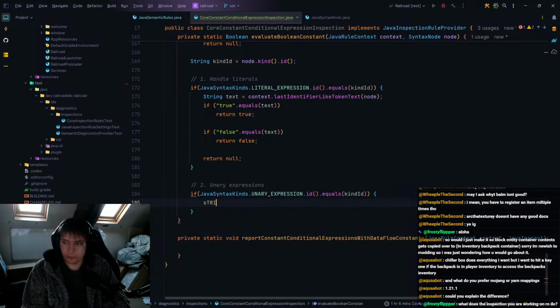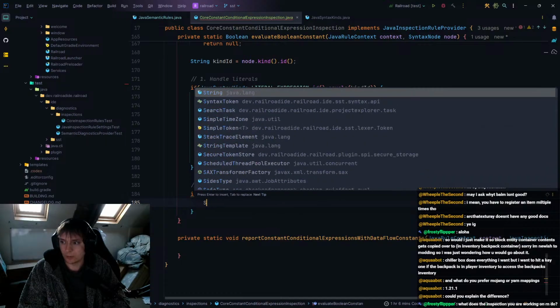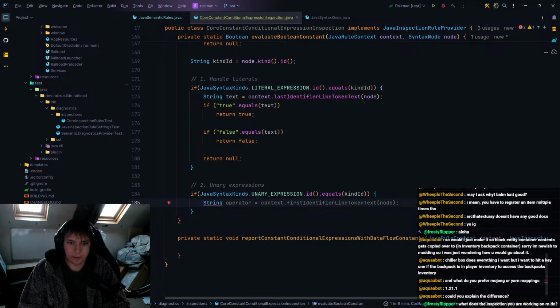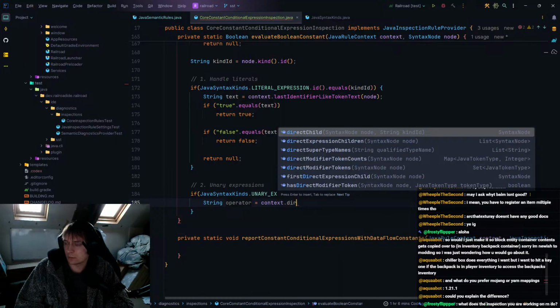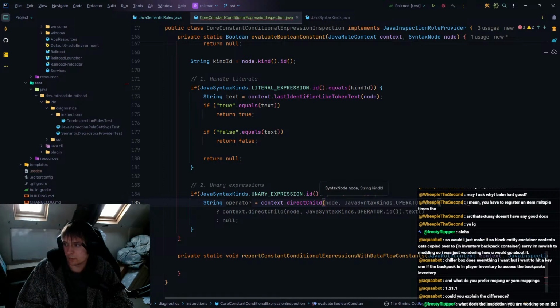Yeah. And then string... Oh my god, string operator... Don't like that. Don't like that. That's not going to work. I mean, it kind of will work, but I think the better way to do this would just be to do context dot direct child, and then we can't do operator, but I mean we can do